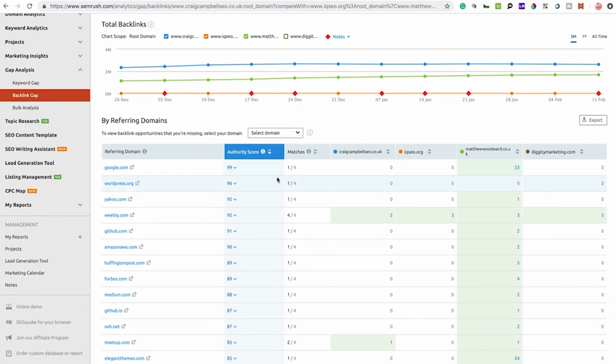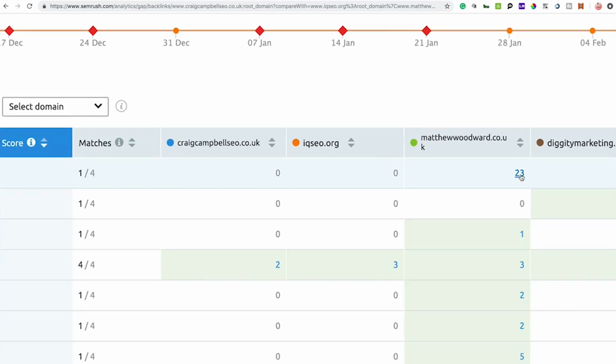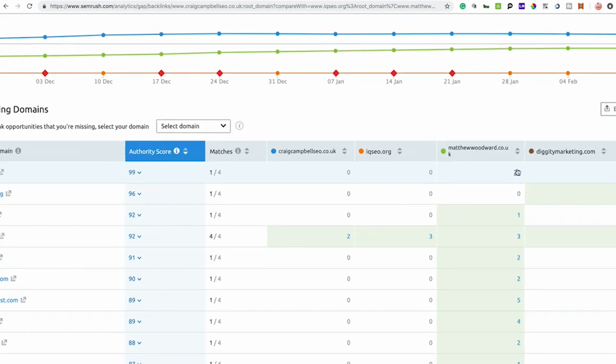So for example, google.com, Matthew Woodward has got 23 links from google.com. And myself, Andy Drinkwater and Matt Diggity don't. So that's an opportunity for us. Now we can click on this number 23 under Matthew Woodward,